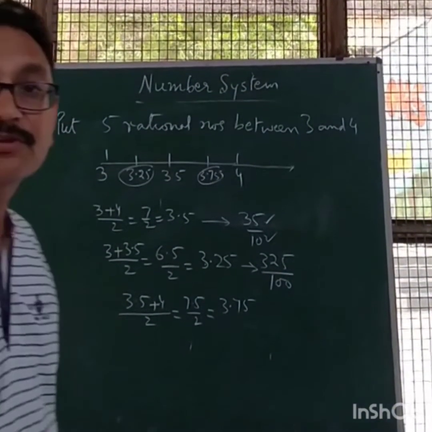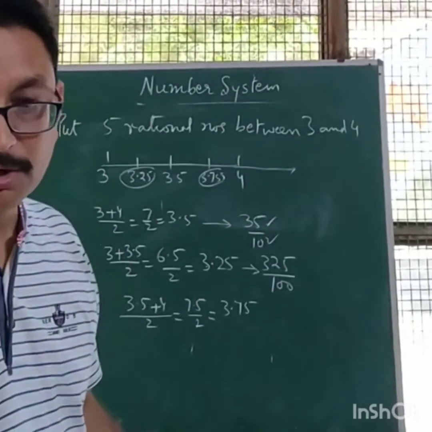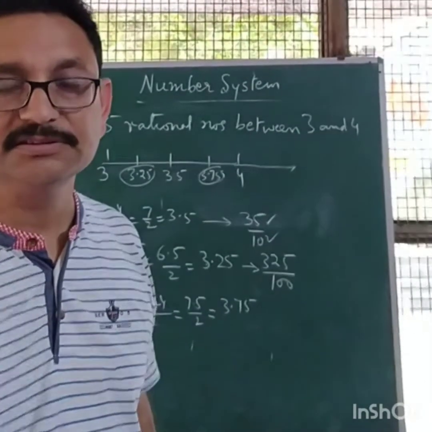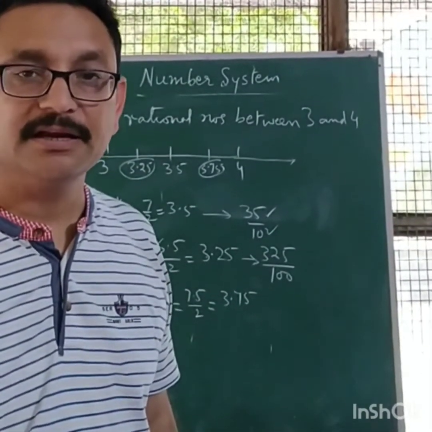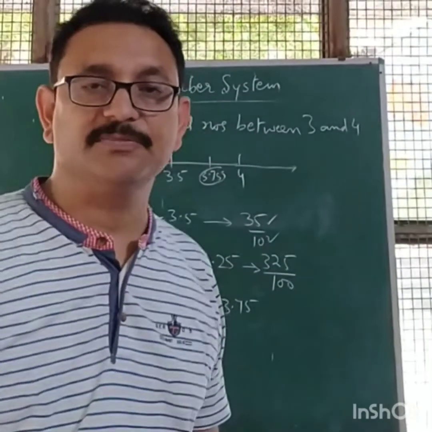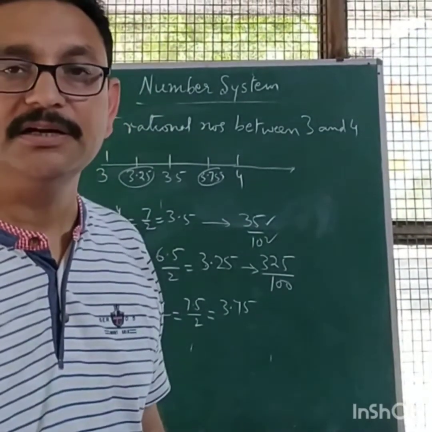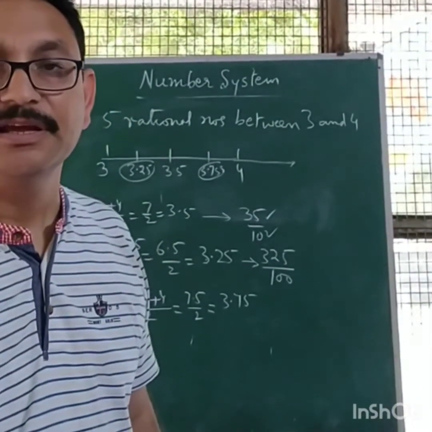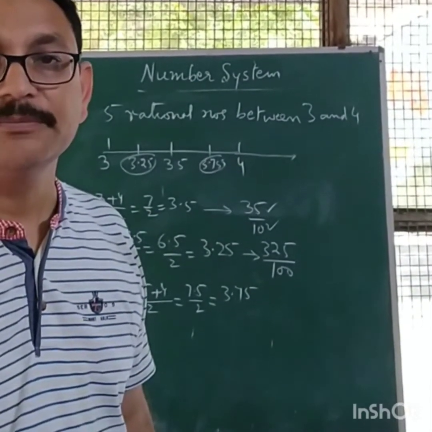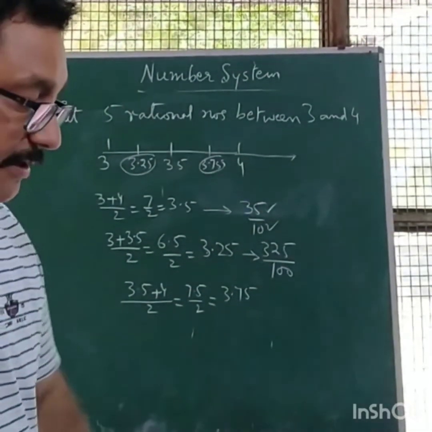This is exercise number 1.1. So till here what are the main points that we have learnt? That rational numbers, if we expand their decimal expansion, are of two types. In one their decimal expansion terminates, in the other their decimal expansion is non-terminating but repeating, the same number of digits are repeating.